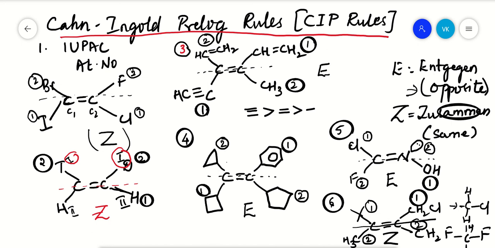Fifth rule is about the lone pair of electrons that are present on your double bonded atom. So a lone pair of electrons is given less preference compared to a group that is attached to your double bonded atom. Then the sixth rule says, if both have the same atomic number attached to the double bonded carbon, then the next preference is given to the next atom that is attached to the carbon. So here chlorine has a higher atomic number than fluorine, so we are giving chlorine the most priority over your CH2F. So this is how we say it about your Cahn-Ingold-Prelog rules.